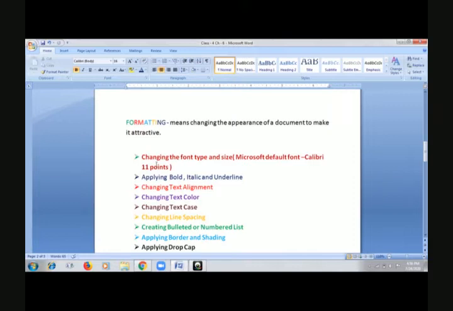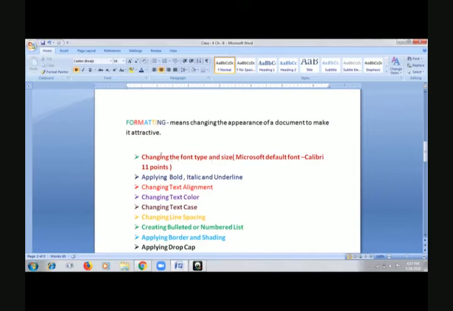The first formatting feature we have is changing the font type and size. You can also check page number 54 in your computer books. As per your book only, we'll be going one by one for all the features. Now what is font type and size?